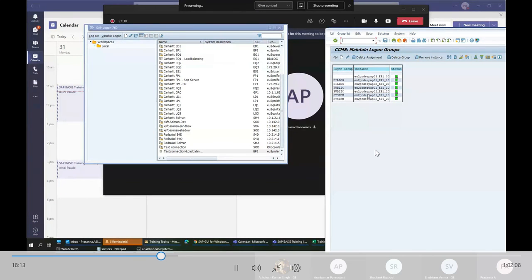If someone is from the finance department, they can distribute so that all finance users use a particular server, and all factory users another. We can distribute it here. But here, all logon groups have the same assignment, so it doesn't matter which logon group you use to log in. You will log into either app01 or app02.